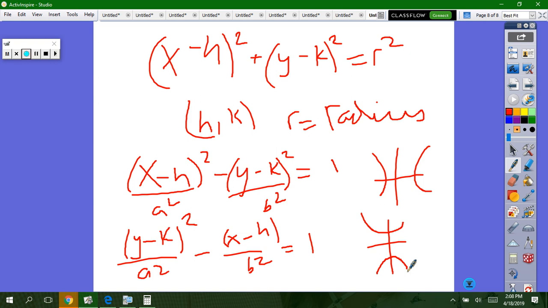Okay. But we're not really going to get too deep into that stuff. The circles, probably. I don't know about hyperbolas and stuff. Okay, your homework is